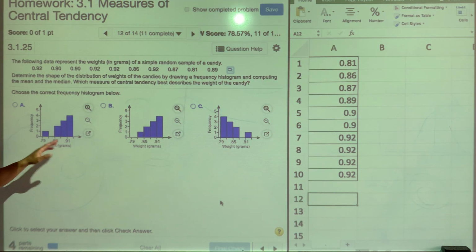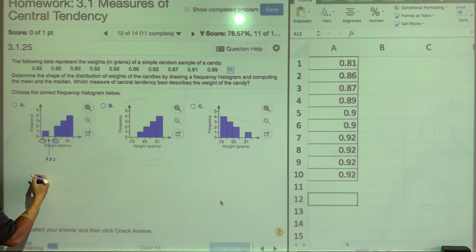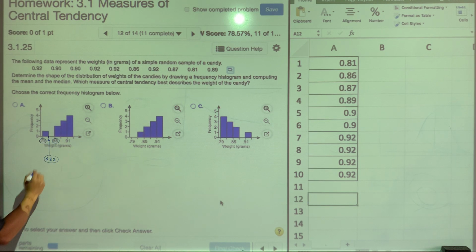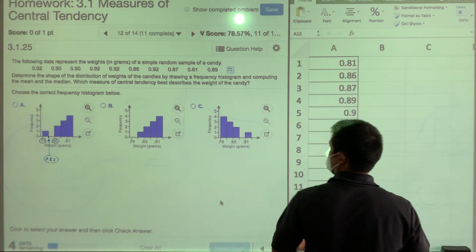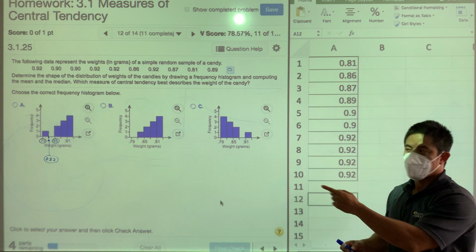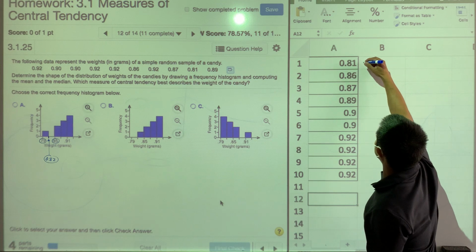So let's take a look here. Let's look at my particular data set. My data set is saying that I've got one item that falls between, it looks like the way that it's split up, this is 0.79, this is 0.85, so right in between would be like 0.82. So this looks like this tick mark is for 0.79 to 0.82. Are you guys following me? Okay. So if that's true, I should only have one item in my data set that falls between 0.79 and 0.82. Is that the case here? It is. That one.